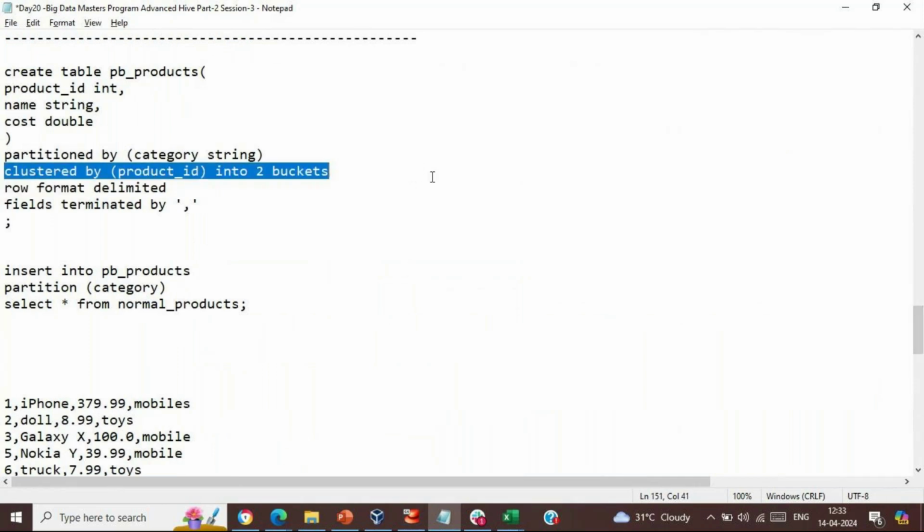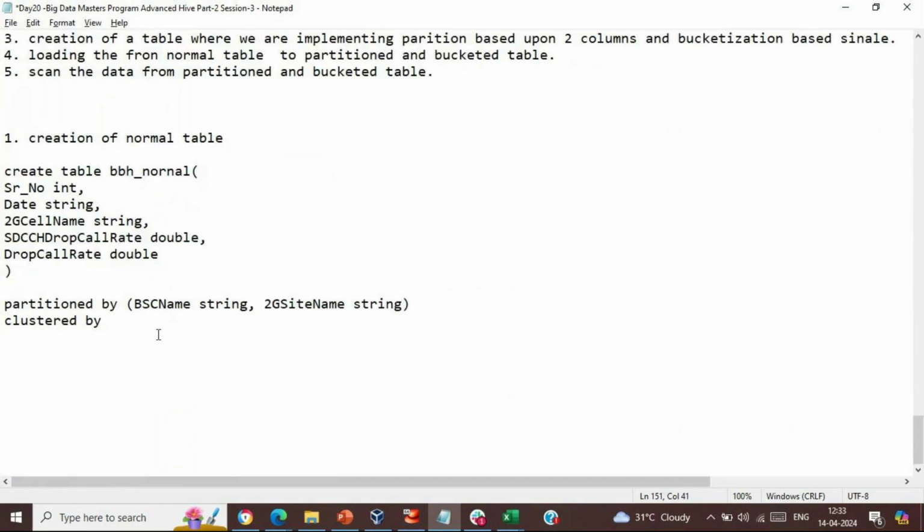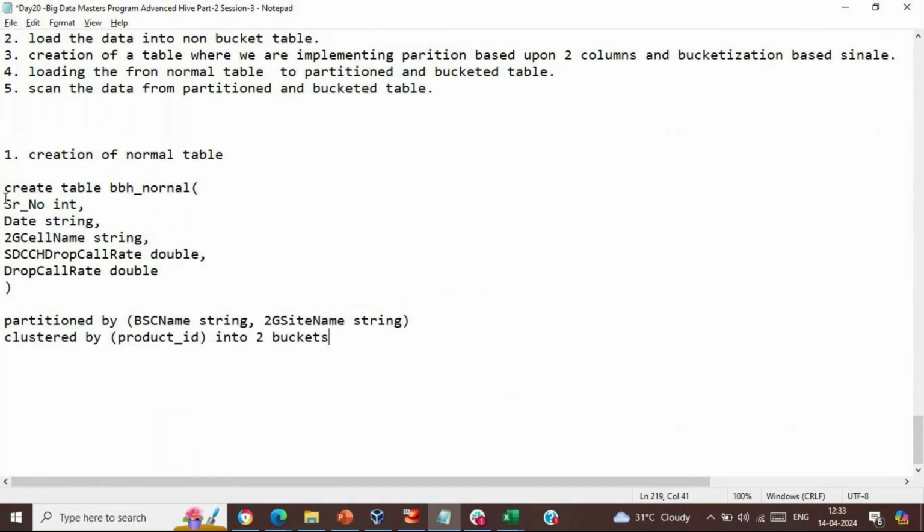Let me copy this one. Serial number that is of integer type, serial number into 2 buckets, row format delimited fields terminated by comma, that is the CSV file. Okay, so